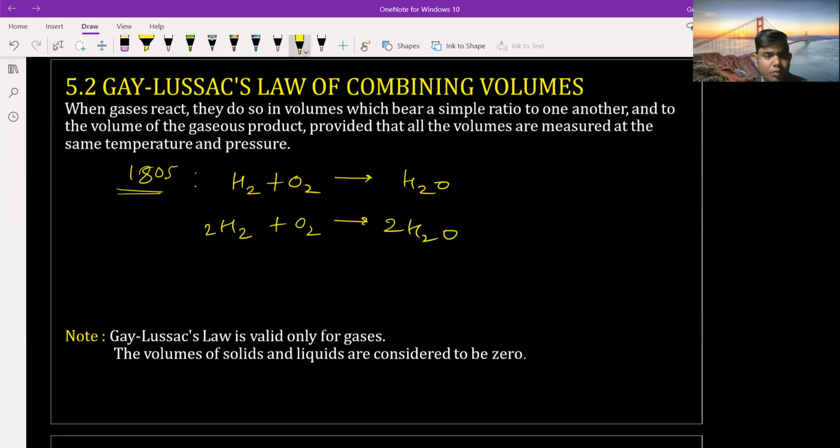मीन्स यहाँ पे दो वॉल्यूम अगर हाइड्रोजन का लें और एक वॉल्यूम अगर ऑक्सीजन का लें तो हमें दो वॉल्यूम वाटर मिलता है, ठीक है। मीन्स रेशियो हो गया 2:1:2। ओके, सिंपल रेशियो।